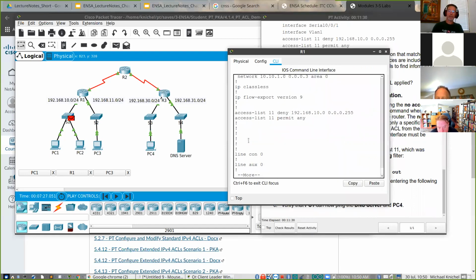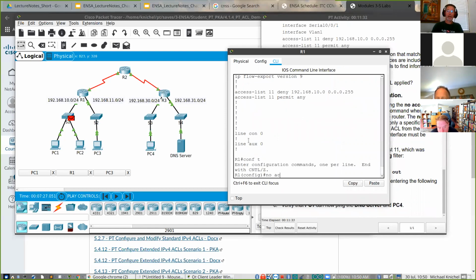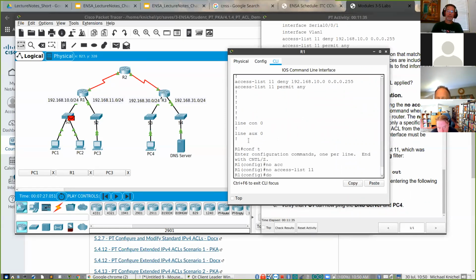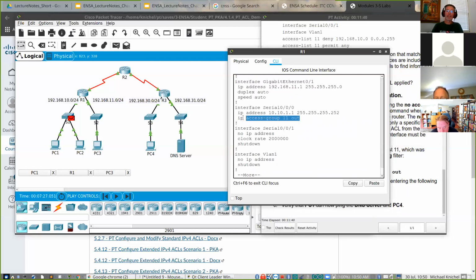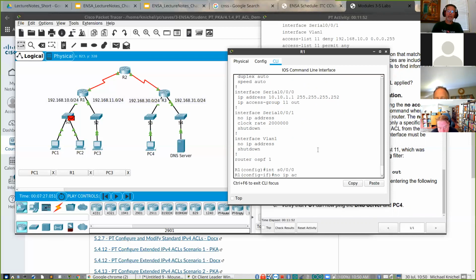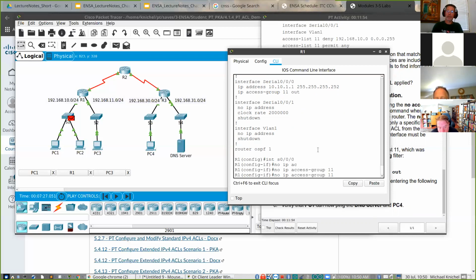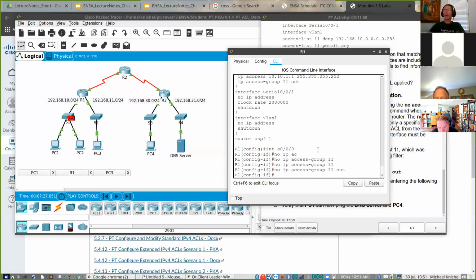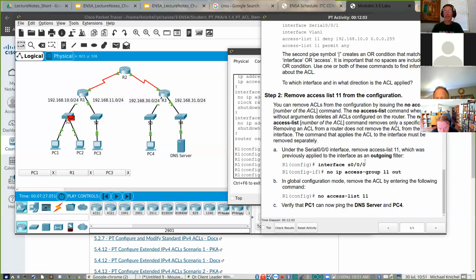So if I do conf t, no access-list 11, and do show run, you see it's still applied. So we also have to go to interface serial 0/0/0 and do no ip access-group 11. Now it's completely removed. So just a nice simple little thing.